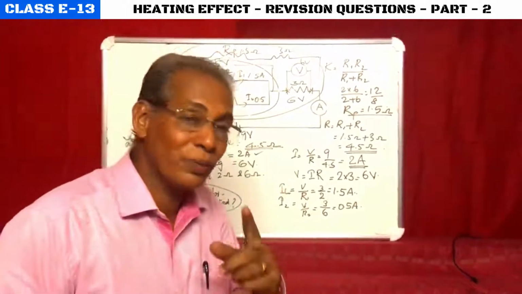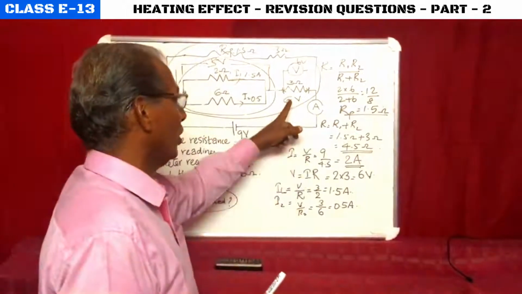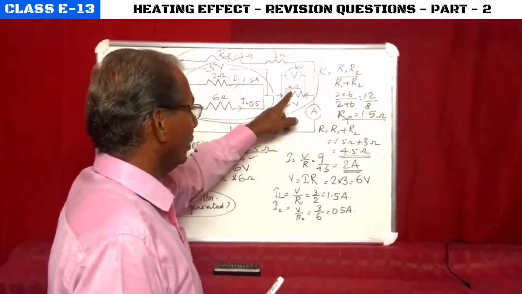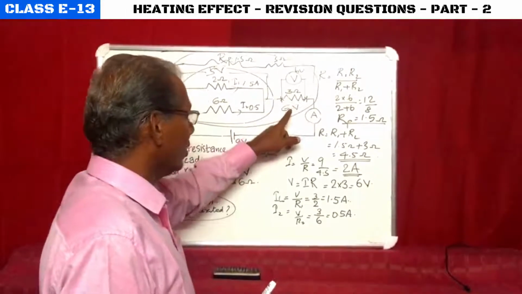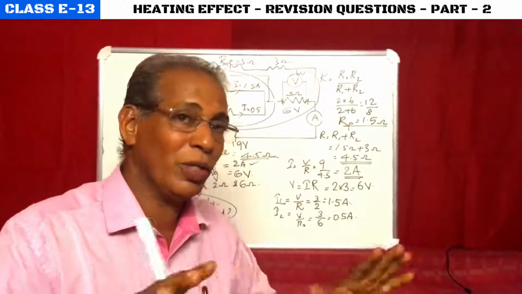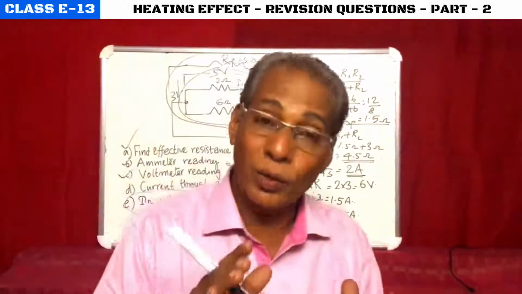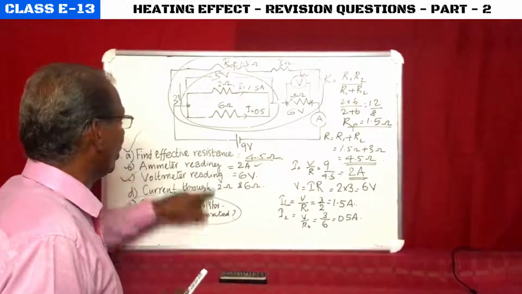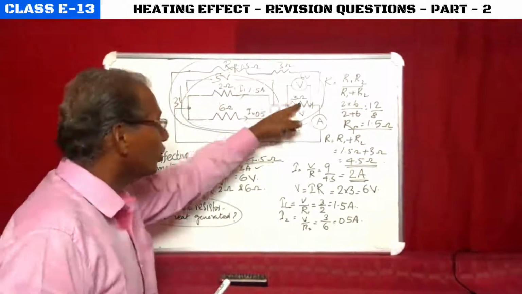By this time, this is 6 volt and the current is 2 ampere and 3 ohms resistance, and this will give you some clue. Anyway, I am not giving you the answer now. You can find out the answer to this question: in which resistor, 2, 6 or 3, we are